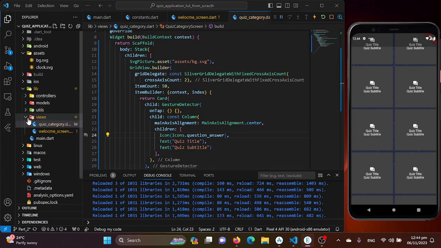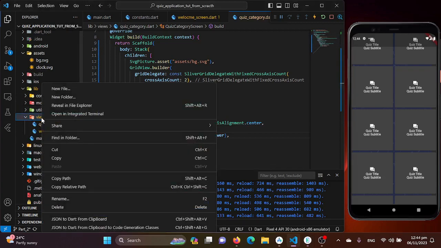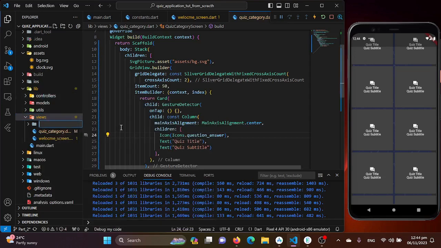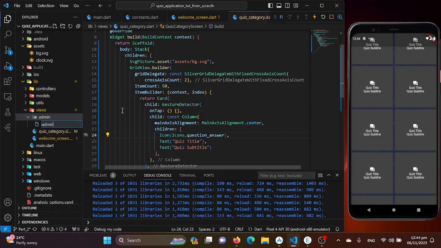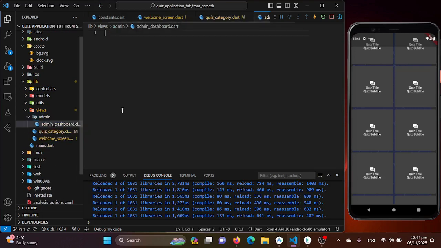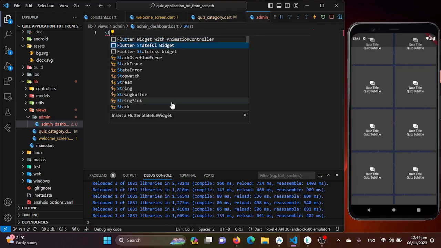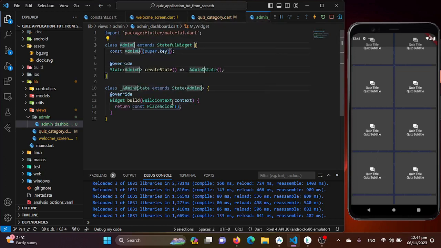For that I'll be creating a new directory, which will be admin. We need to separate the core of the user interface and the admin interface. Here you go, I'll be creating a new file, admin dashboard dot dart, and here I'll be creating my admin dashboard. I'll be creating a stateful widget here, which will be admin dashboard,